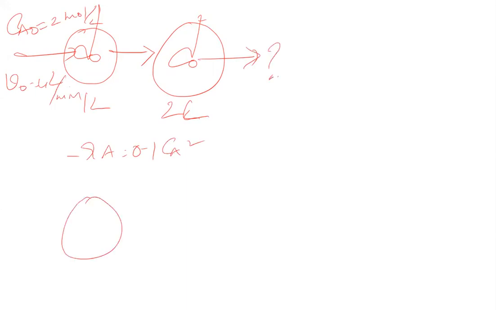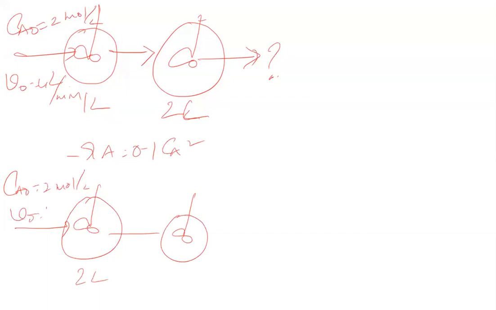And if I rearrange the reactors, a CSTR of 2 liters followed by a single 1 liter CSTR, with Ca naught equal to 2 mole per liter, v naught equal to 4 liters per minute, what is the conversion here? So now we will clearly understand. For a second order reaction, putting a single small CSTR first, you should get higher conversion. Can you solve this question? The units of rate are mole per liter minute.